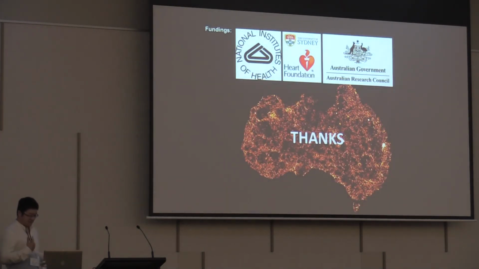This is the last slide. This is a beautiful Australian map-like image of platelets taken by the super resolution microscopy developed by my collaborator sitting behind, Dr. Peter Chen. All the dots shown here are the integrin distributions on a platelet, and using this imaging technique, we will continue to understand how these integrins